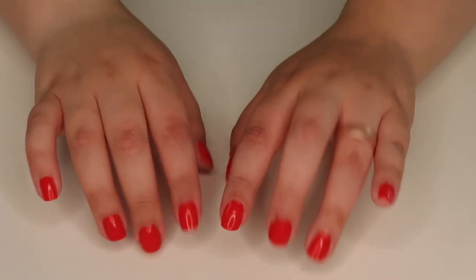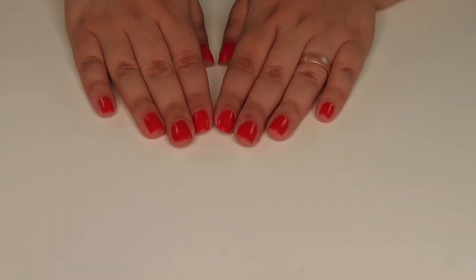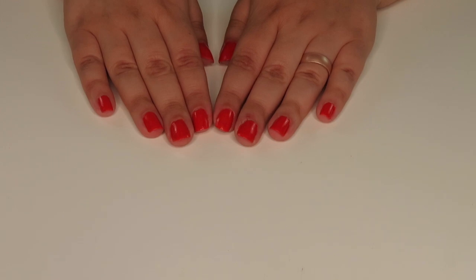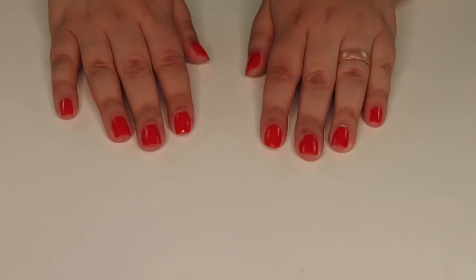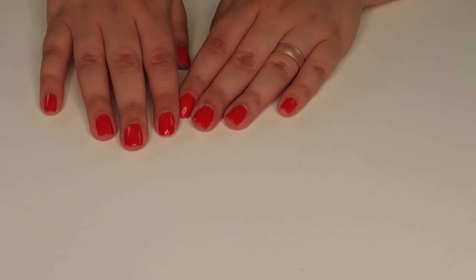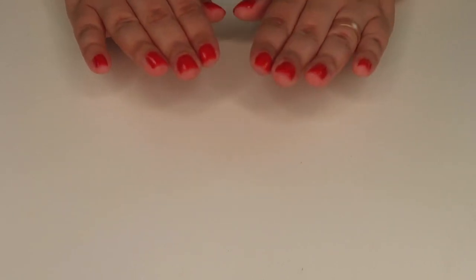So I know all you can see are my hands right now, and that is because we are going to be doing a good old-fashioned eyeshadow palette declutter today. I'm going to go through some palettes that I am decluttering just because I have too many palettes, and although I love my collection, I know that I need to keep it realistic for me and for my needs, and if I see too many duplicate shades going on, I need to pass them on to